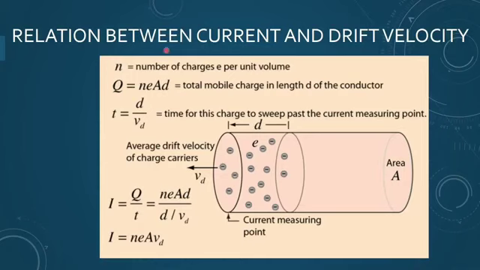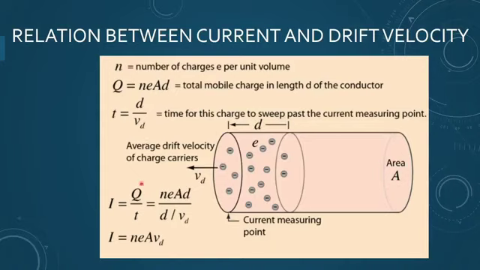We want to derive the relation between the current and the drift velocity. If I take A as the area, N as the number of charges or number of electrons per unit volume, and L as the length, then the volume will be given by A into L. Here we have taken d as the distance we are talking about, you can take L also, your choice. So volume is A d, and the total charge will be equal to N e into A d. And the time taken by this charge to move by this distance is distance upon velocity, that means distance upon drift velocity.